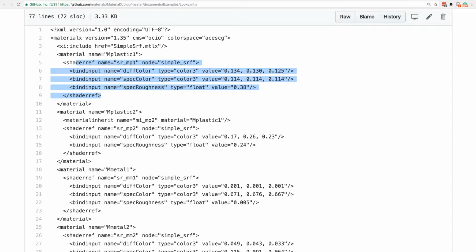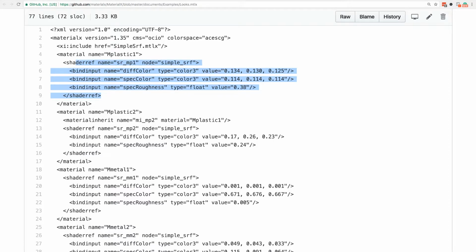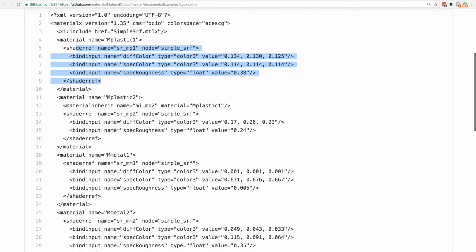So for this type, we're going to have a node container. And a node container is just like a node, but it can contain other nodes. And here's where things get a little bit interesting, right? Do I really need a node container? Couldn't I just make every node have the ability to have children? And you could totally do that, and basically that's what we're trying to do here.